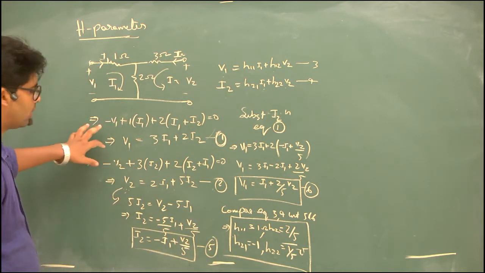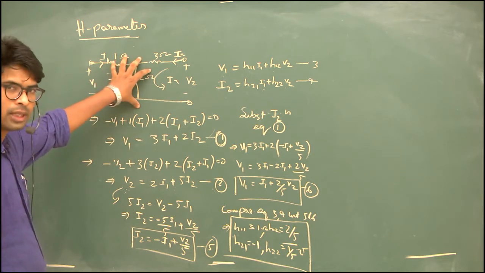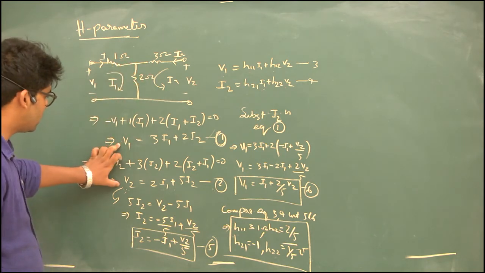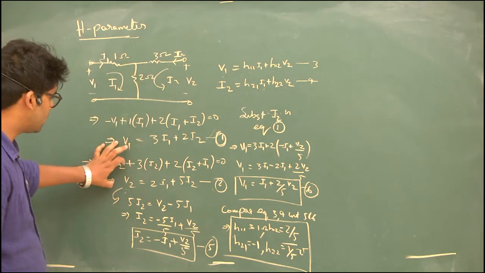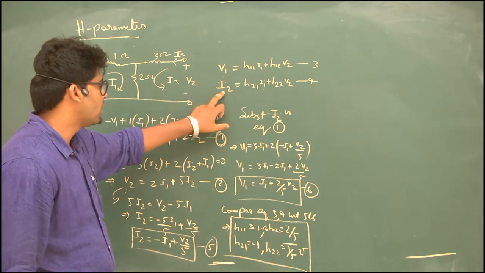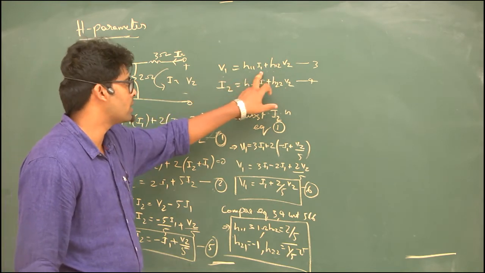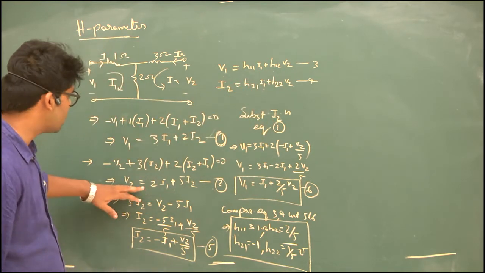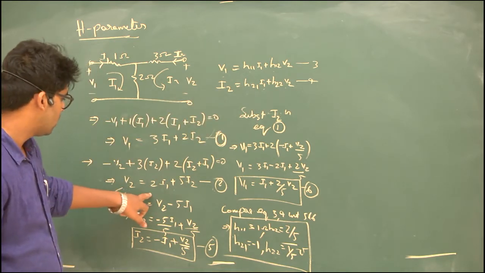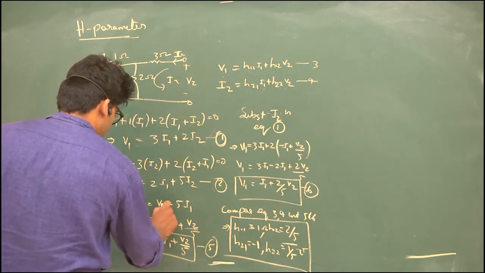Therefore these are the h parameters for the given circuit. Let's simply recap what I did. For a T circuit, we immediately know we have to find z parameters. So we found the z parameters. After obtaining the z parameters, we have h parameters with V1 and I2 as dependent variables. We form the equations in terms of the independent variables, and equation 2 is changed with respect to equation 4.